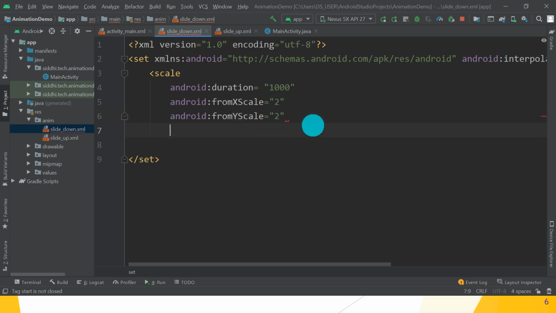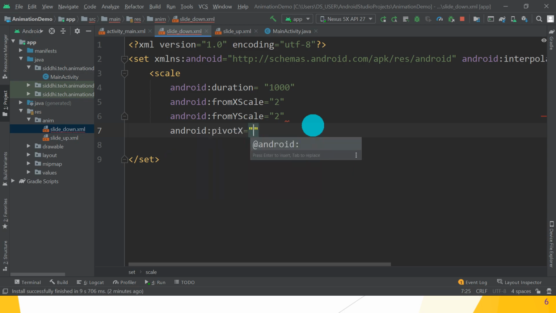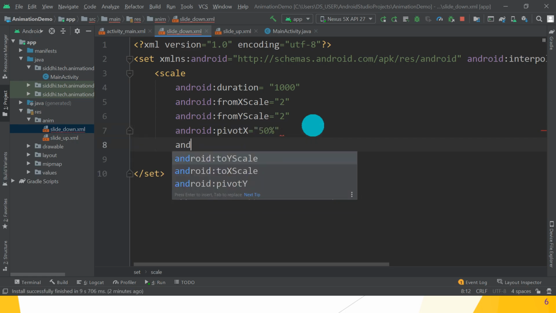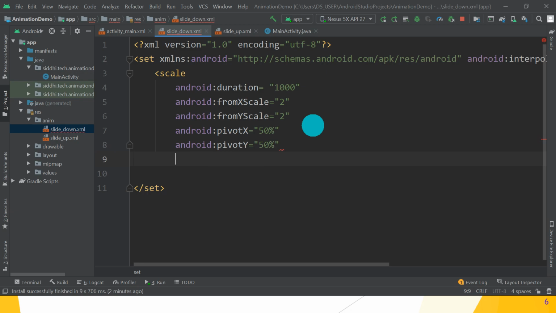So android:pivotX, choose 50%. Great. Similarly, android:pivotY is also 50%. Great.